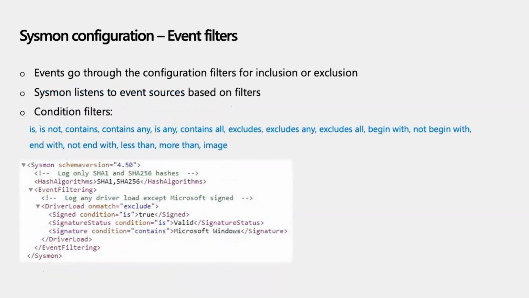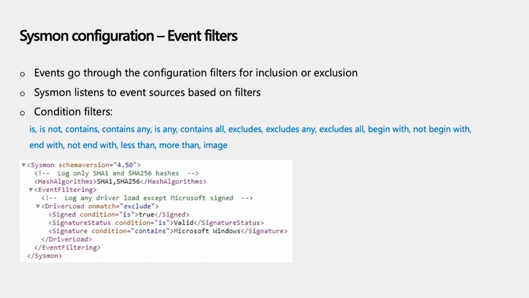One of the main features of Sysmon is event filtering. That's what allows you to scale in and out how many events you want to collect. The way it works is that you have a configuration file with inclusion or exclusion rules. The rule system will take the exclusion rules to see if it needs to exclude an event, and it will go through any inclusion rules as needed, so that you can basically define: I want to collect this, I want to exclude this, I want to include that or not. If you have an exclude rule, then everything else will be included, but you can have both of those rules at the same time.